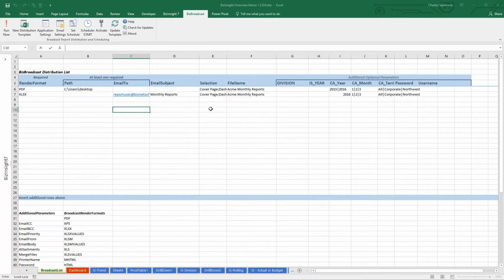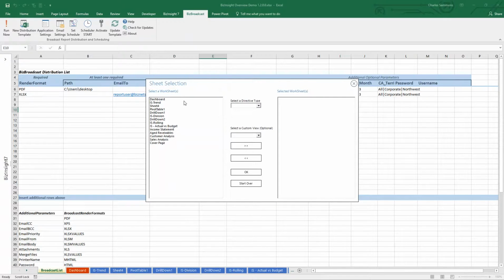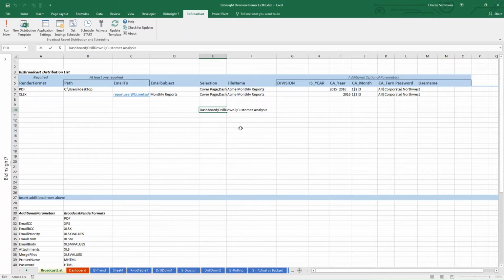I don't have to send all of the worksheets in my workbook. I can select which ones I want to send. I can send one of them, I can send all of them, or I can send any combination in between. I just tell it which ones I want to send. I say OK, and then it will only send the worksheets that I have selected,